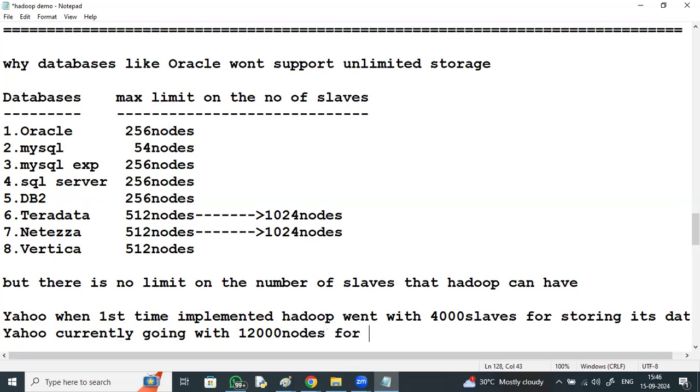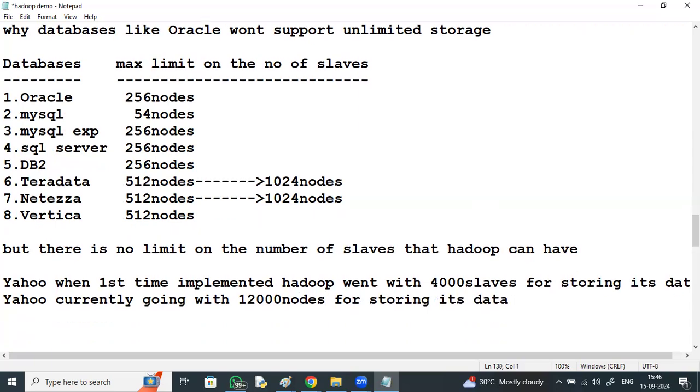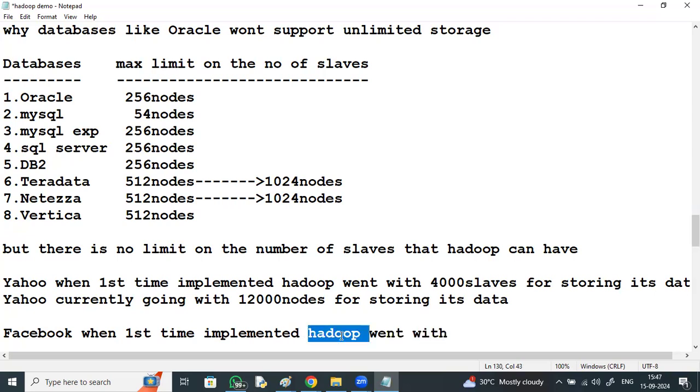When Facebook first implemented Hadoop, it went with 8,000 slaves.